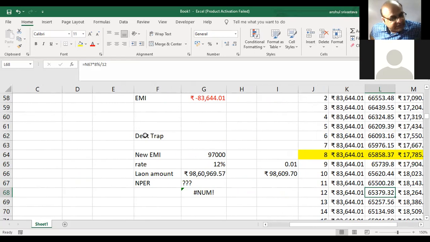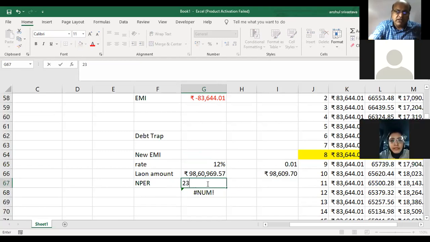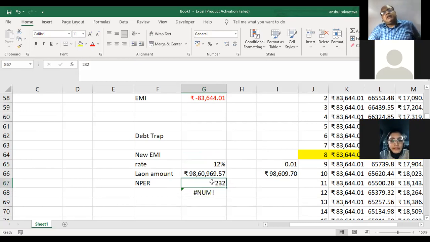And what was I saying more? So let's consider, if we remove the 97,000 requirement. I hope this is clear. Let's say whatever new EMI comes, I'll pay, and I'll maintain the original term. If we remove the 97,000 and we retain the original term, then the new EMI would be